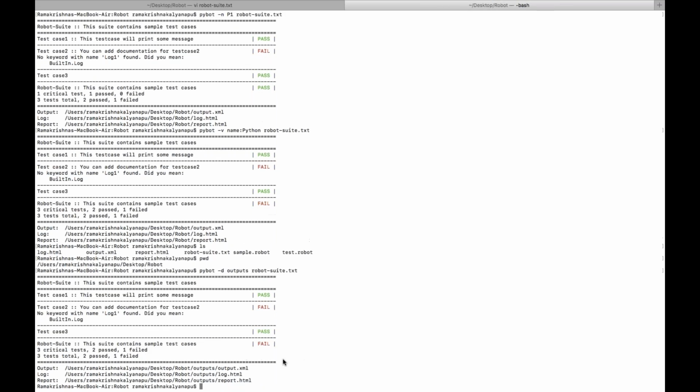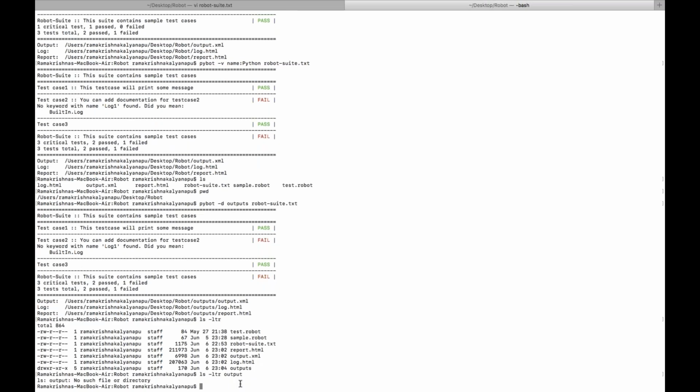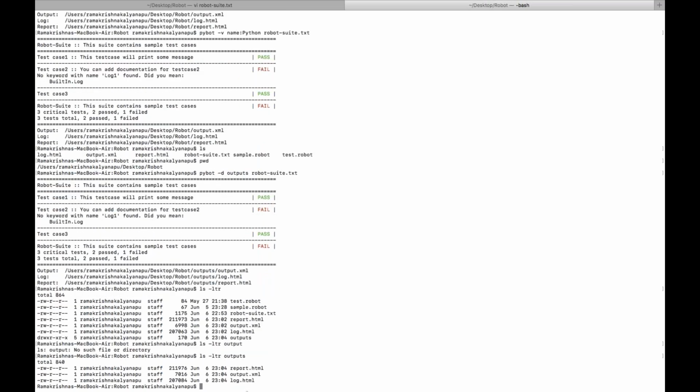Okay, see, outputs are created into robot outputs and the file name. Okay, so if you see here, outputs, we have three files. Like this, it will create an output directory, so you can create your custom directory,